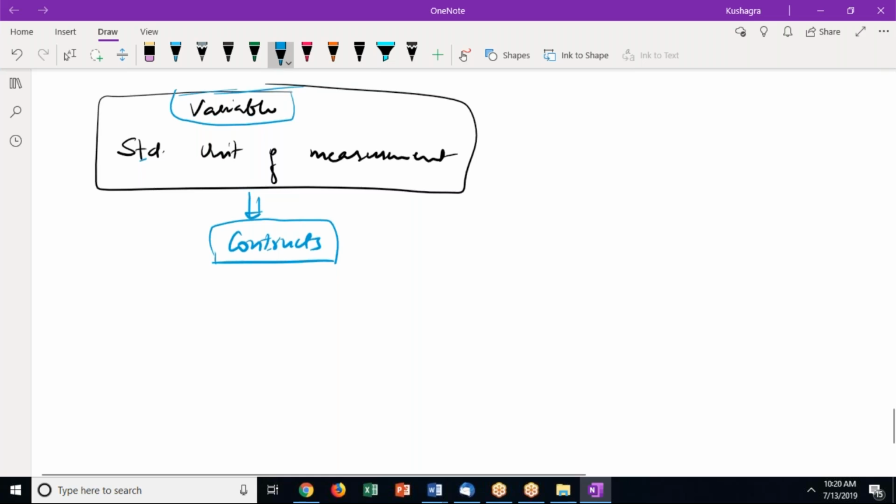But if you really want to measure it, you can come up with a way to measure it. Suppose there are 5 friends. How about memory? Can you measure memory? Is there a standard unit of measurement of memory? No. Again, we don't have a standard unit of measurement of memory. So if you want to measure the memory of, say, 5 of your friends,